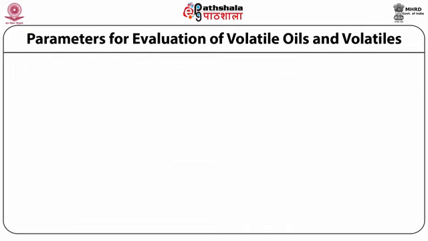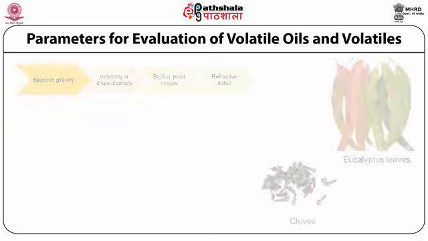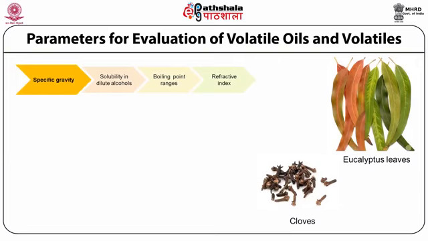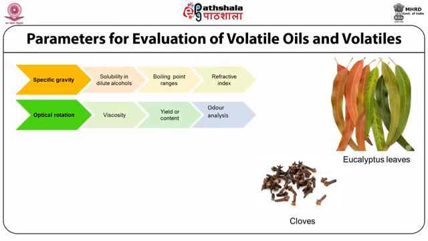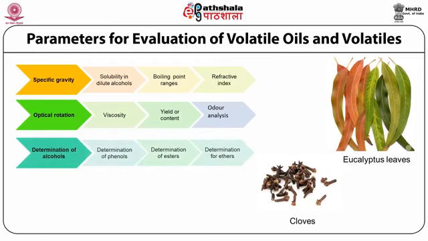This slide gives an outlook of methods or the parameters for the evaluation of volatile oils and volatiles. You can see that some of those parameters are based on physical properties, while others are chemical based. Specific gravity, solubility in alcohols, boiling point ranges, refractive index, viscosity, and optical rotation are parameters based on physical properties, while determination of alcohols, alcohol content, determination of phenols, esters, ethers, ketones, aldehydes, and other volatiles are based on